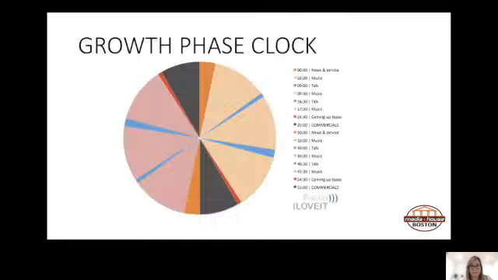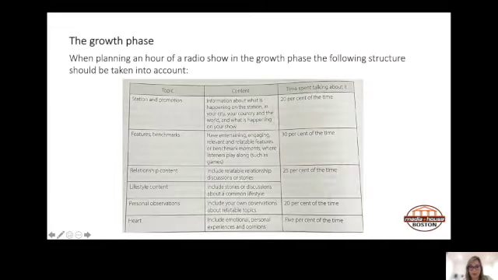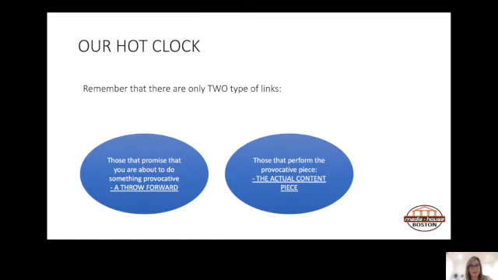Okay, so let's go back. So you're going to now incorporate in your 3 hours, so in your three clocks, you're going to have your station and promotion 3 links, your features and benchmark 5 links, your relationship content or lifestyle content 3 links, your personal observations 3 links, and your heart 1 link. Okay. Here I've given you the time sensitive elements for your clock, showed you the types of content or the types of links,